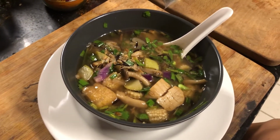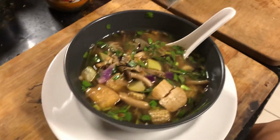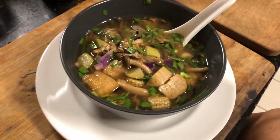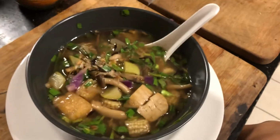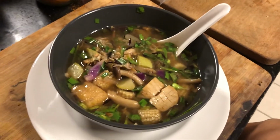My purple cabbage, I bought half a purple cabbage yesterday, used a little bit, so I got a quarter of a purple cabbage which I shredded and put inside. It's more for the fiber rather than the taste. Cabbage, once it's made into soup, doesn't taste of anything really. But purple cabbage has more